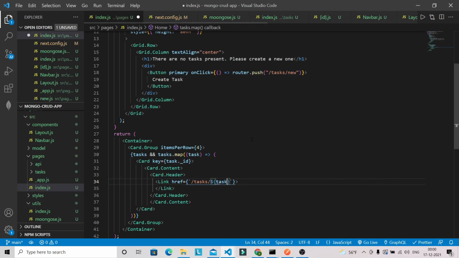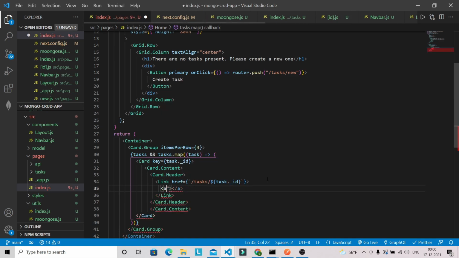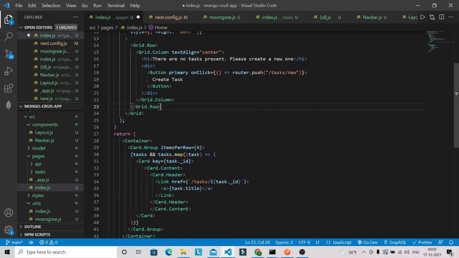So task underscore id, and this will be like title only. So task dot title. And after that we are going to have our description. So inside p tag we can have task dot description.